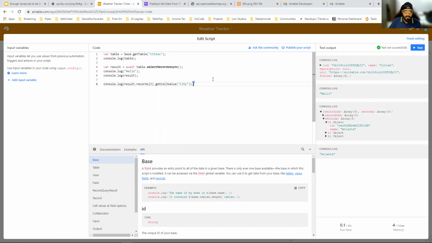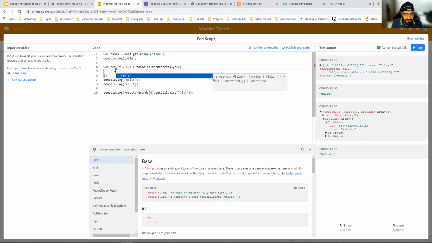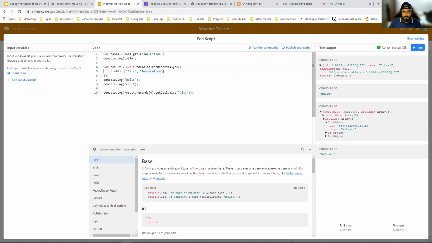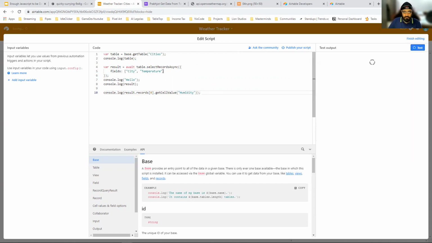Cool. So now if I do this, which is give fields, and I say only city and temperature. Now if I come here and try to access humidity, this will throw an error because I have removed that from my fields, but I'm trying to access it.